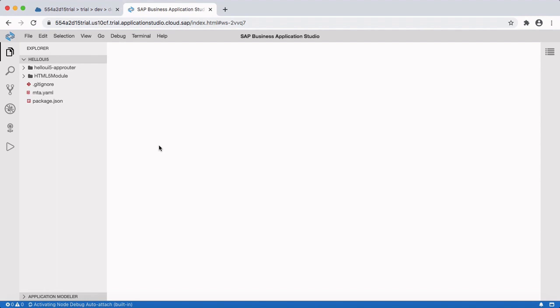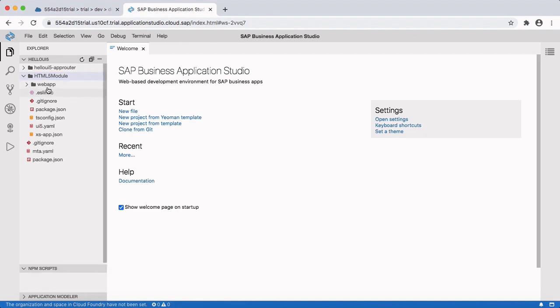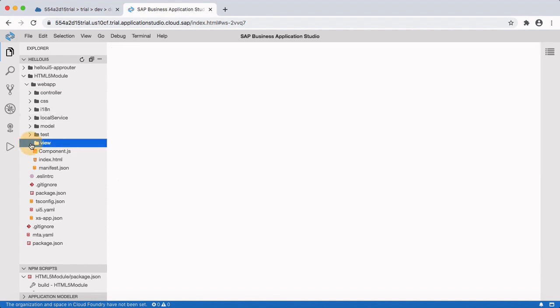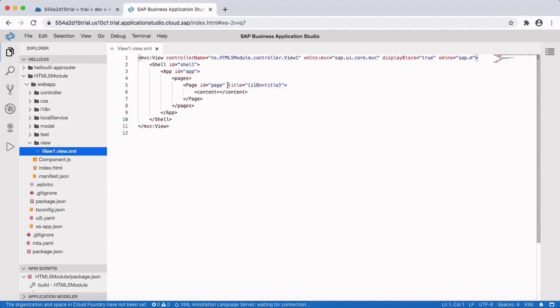Now our project structure is generated. You can check inside HTML5 modules the structure of SAP UI5 application with index.html file, component and other folders. Now I'll create a simple label in my view.